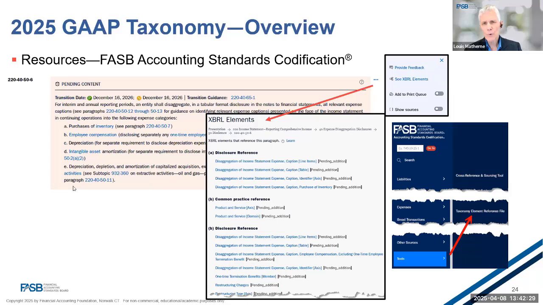Yes, thanks, Donna. Just a few words on the taxonomy element reference file. So this file contains all the reference links between the taxonomy elements and the accounting standard codification. This file will be most useful to software developers that would like to leverage the linkage between the taxonomy elements and the associated accounting standard codification for a specific application that doesn't require the full taxonomy load. It is also updated more frequently. So we're hoping that software developers will be able to make use of this. Back to you, Donna. Thanks, Louis.